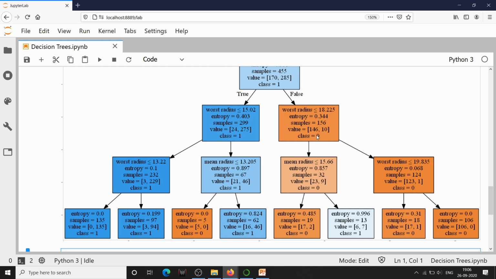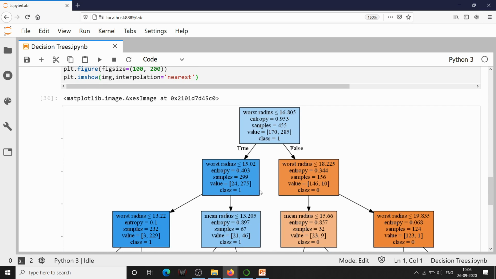It further makes the decision and goes on until we get the terminal node which provides us the result. If it is falling here, it will be class 0, or if it is here, it will be class 1. So based on this decision tree algorithm, we have predicted whether the cancer cell is malignant or benign.